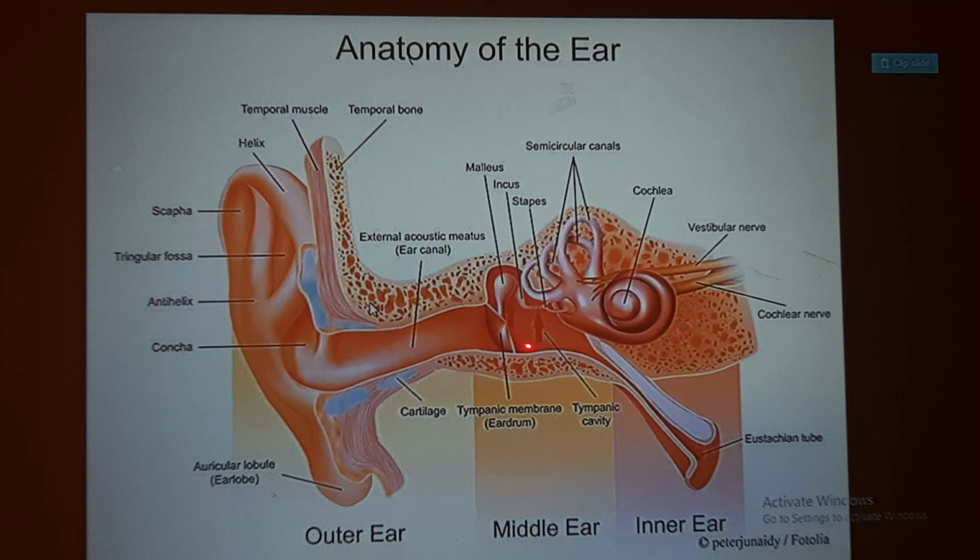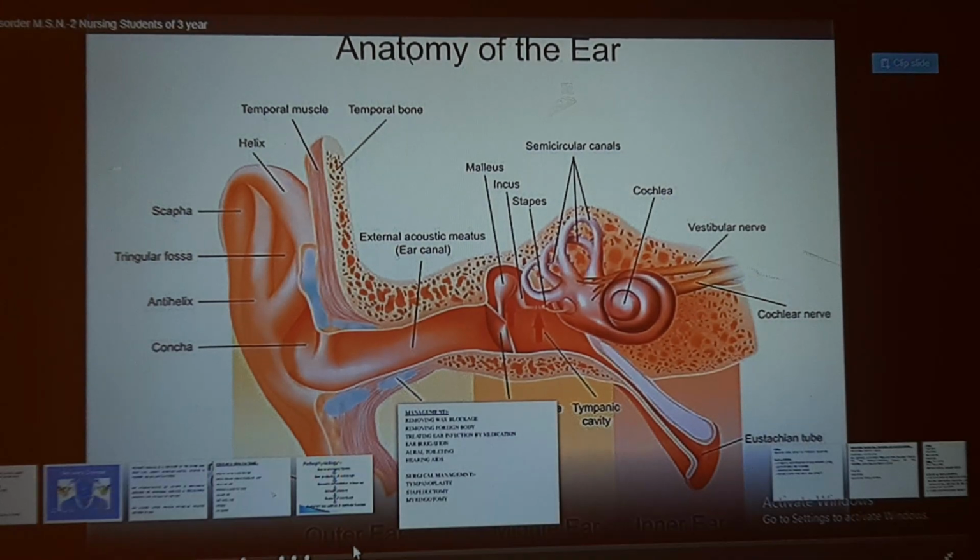In the eardrum part, there will be perforation, that means a tear. Due to over fluid buildup, over infection and pus collection, this eardrum will rupture, and the fluid will flow outwards from your ear, that is, through your outer ear canal. The fluid will come out, and the person will have ear discharge. So this is how it occurs.